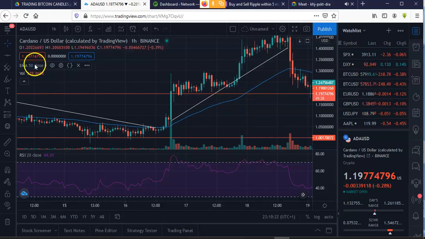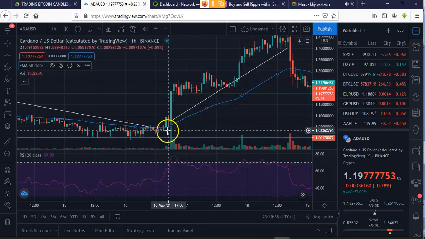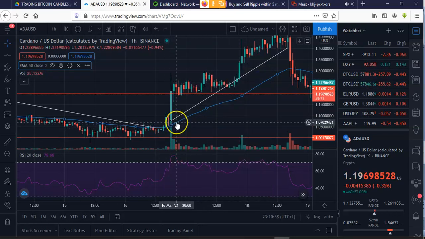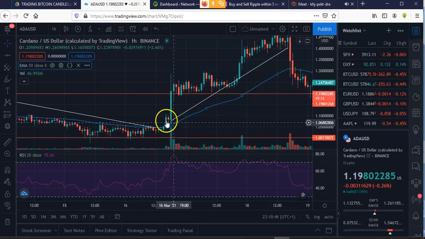So you can go to settings and put, I think it should be on 12 or 9 here, so I will change it to 50. Okay, so that's how I use it. So if the price, if the candlestick is above the exponential moving average, the 50 exponential moving average,